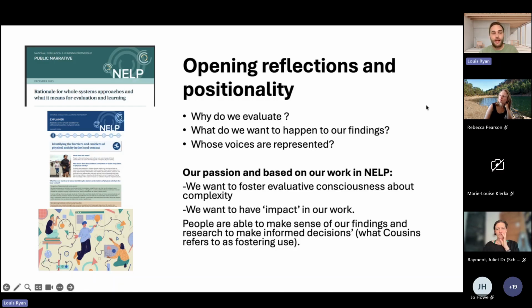So why do we evaluate? What is the purpose of it? Is it to appease funders? Is it to tick boxes? Or is it to learn what is and isn't working and what we can then change to improve things?